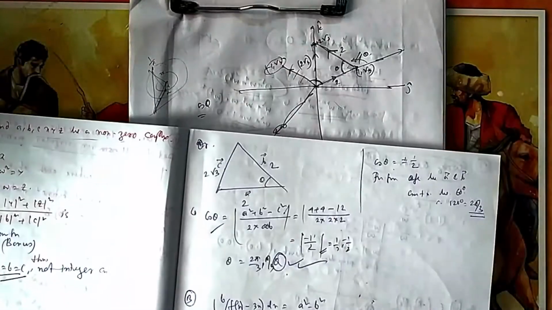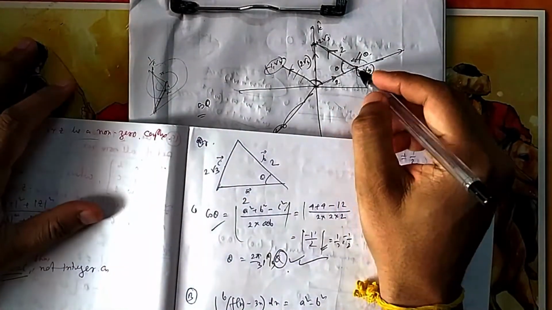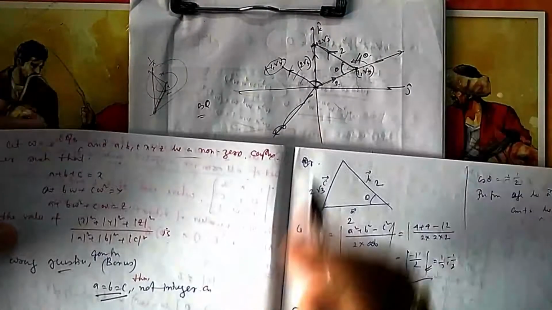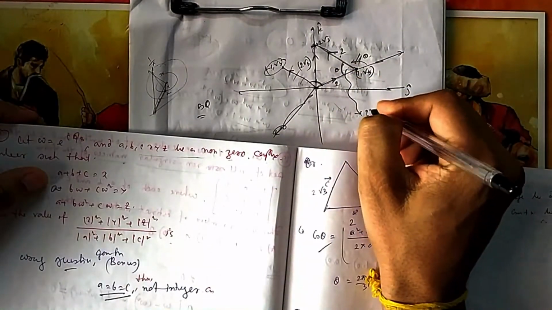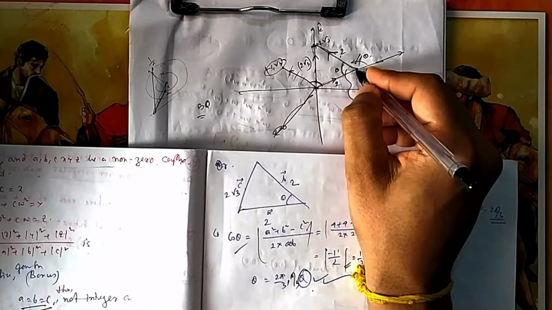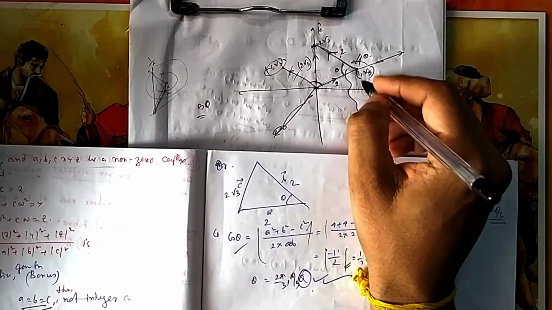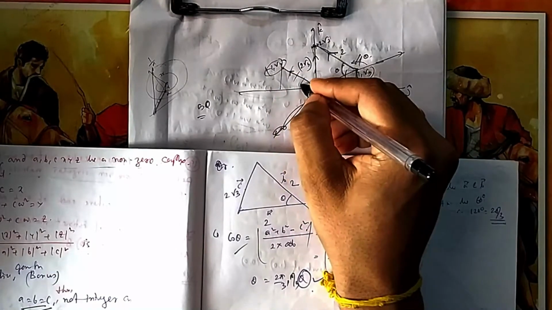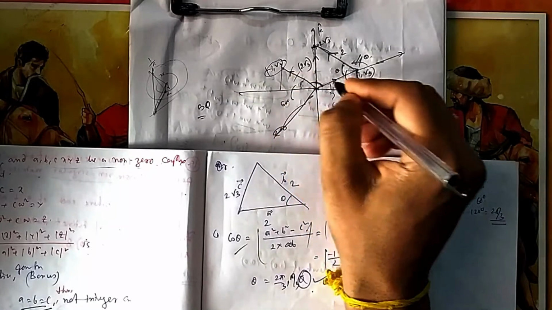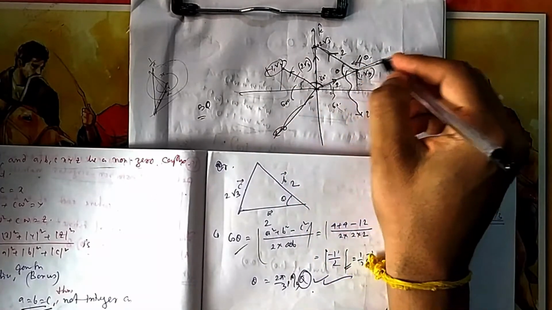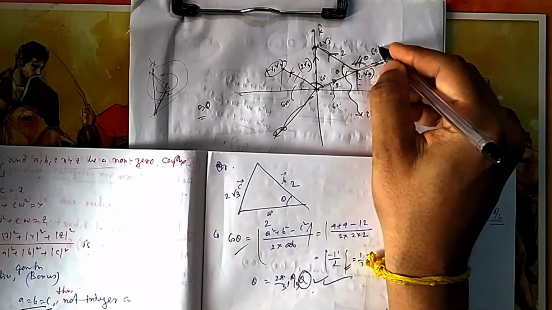Now if you check this one, from the figure itself you can think what will be theta. Whatever they have asked you, to find the internal angle of the triangle between A and B. That means this is the question they have asked you. So if you see now, from here also you can draw. This is root 3, this is 1. So what will be this angle? This is 60 degree. This is also root 3, 1. So what will be this angle? Tan inverse root 3, that is 60. So what will be this angle? This will be 60 degree. So this is between A and B. Between A and B, this angle is 60 degree.